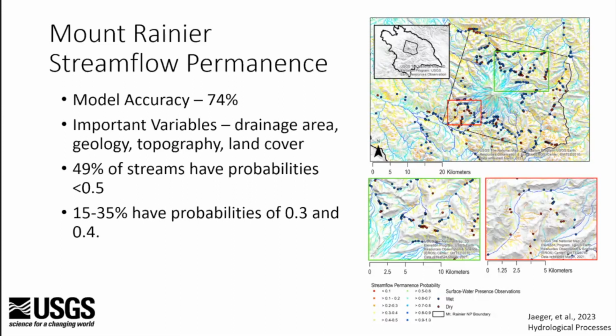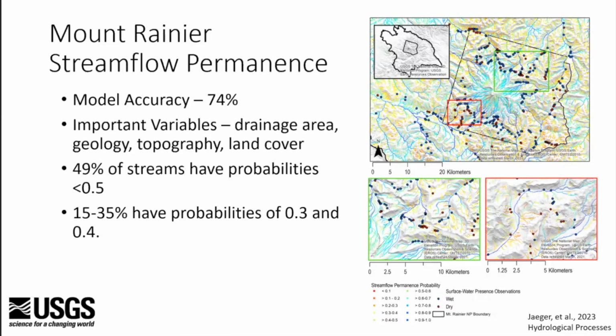But interestingly, what we found is that approximately half of the stream reaches, about 49%, have probabilities of less than 0.5. So there's lots of expected streamflow impermanence in this system. You can see the coloration here kind of demonstrates that. This is a little skewed, but you've got these blue colors where the glacier is, and the stream grid is overmapped, so the streams extend a little bit higher than in reality. But you can see these dark blue stream lines with high probability estimates.